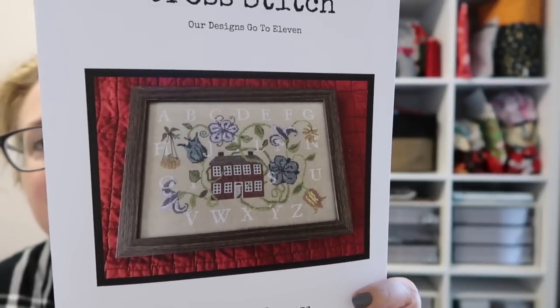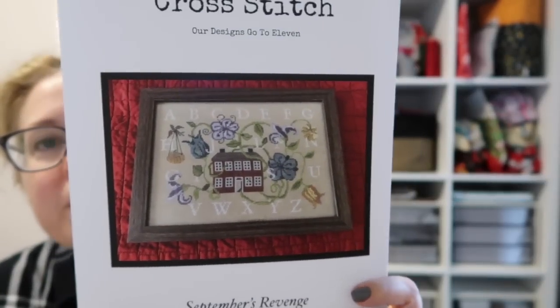So this is what we're going to be stitching throughout the month of September. It's not that big. You know, we're going to be able to easily finish this in a month of consistent stitching. It's going to be really fun. Okay, so that is